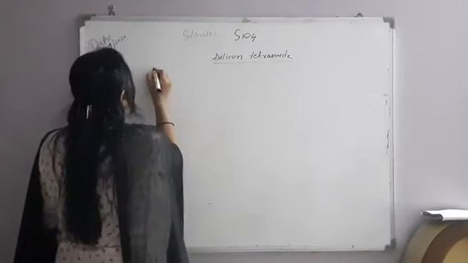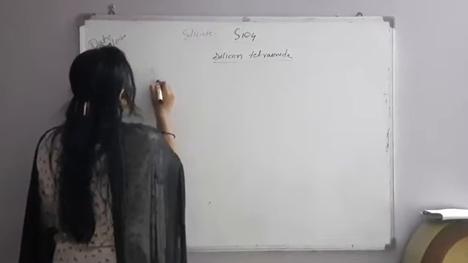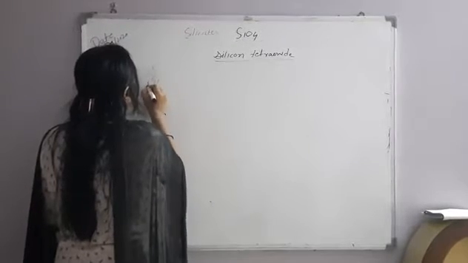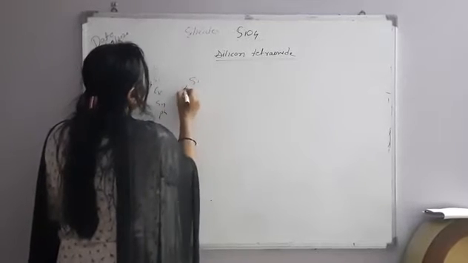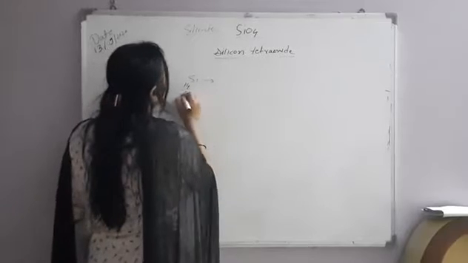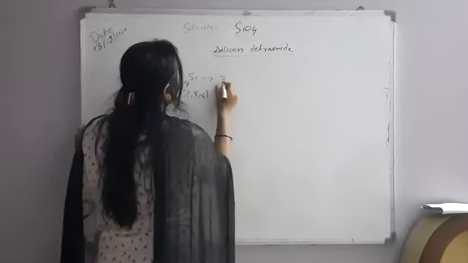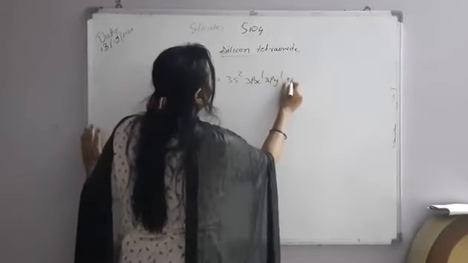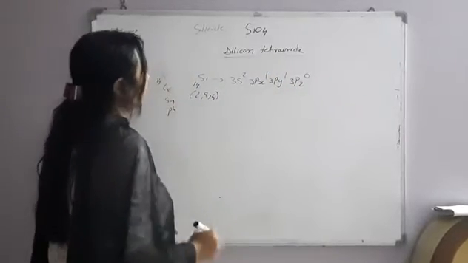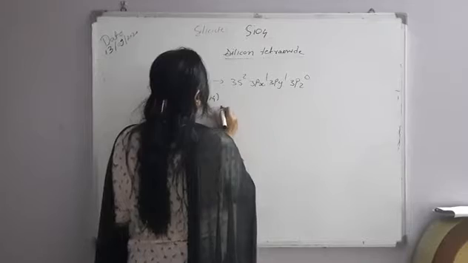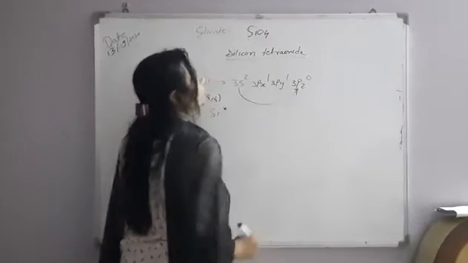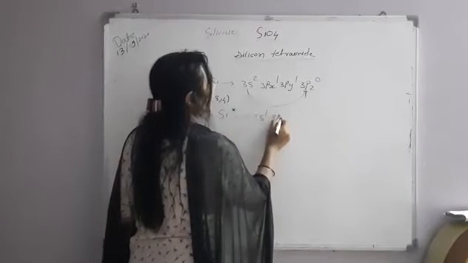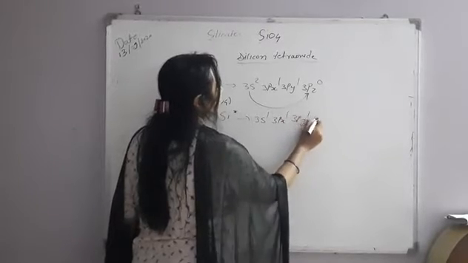Before proceeding toward the SiO4, we should know the atomic number of silicon. Silicon comes in the carbon family: carbon, silicon, germanium, Sn and Pb. Carbon has atomic number 6 and silicon has atomic number 14, so its outer electronic configuration is 2, 8, 4, that is 3s2, 3px1, 3py1 and 3pz0. Silicon undergoes excitation of an electron to the 3pz orbital, so the excited state configuration is 3s1, 3px1, 3py1 and 3pz1.